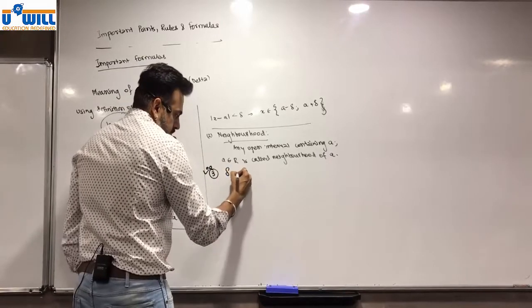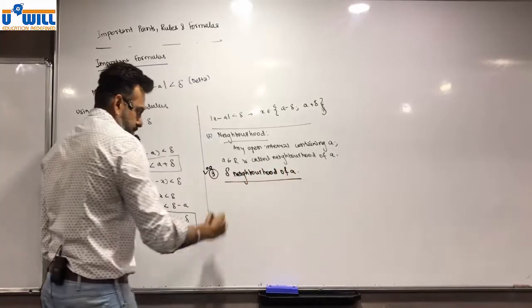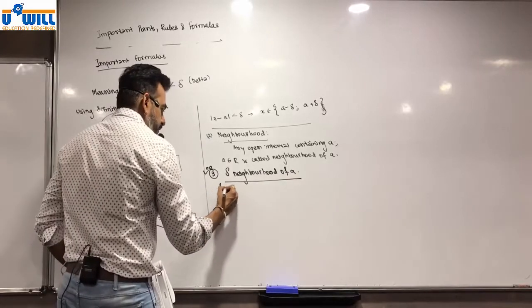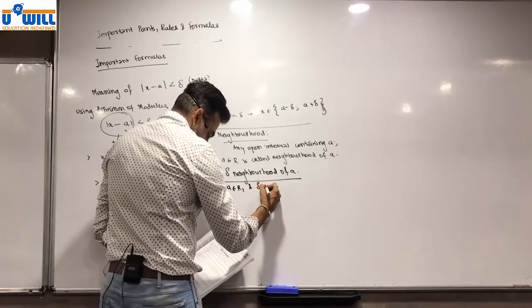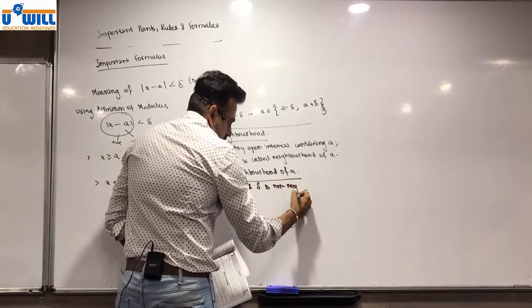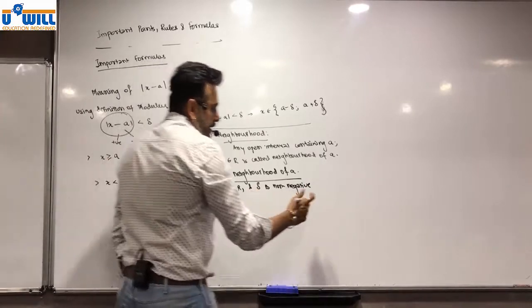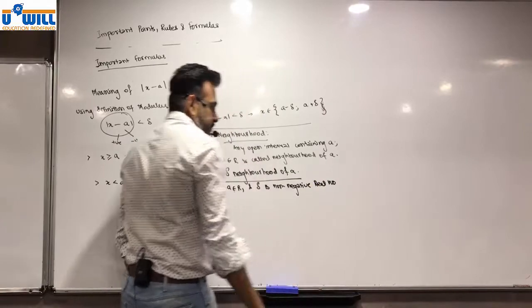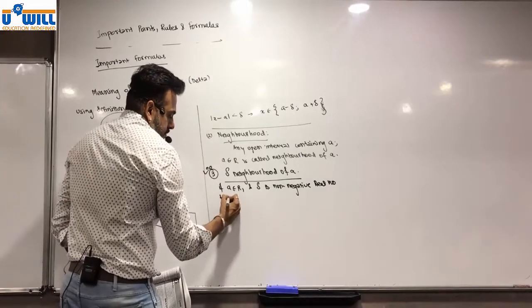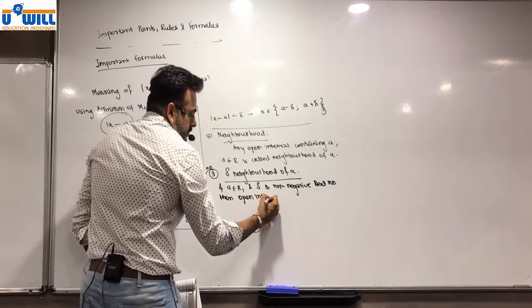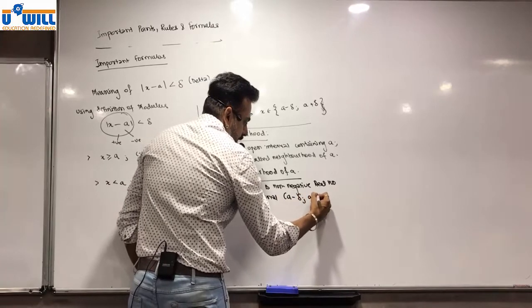Delta neighborhood of A. Now, if A belongs to R and delta is a non-negative real number, then the open interval A minus delta and A plus delta